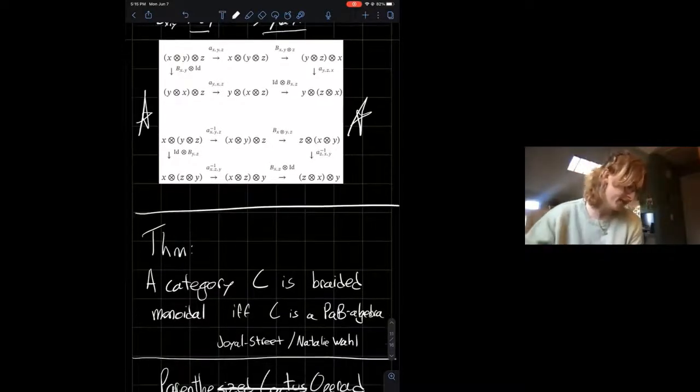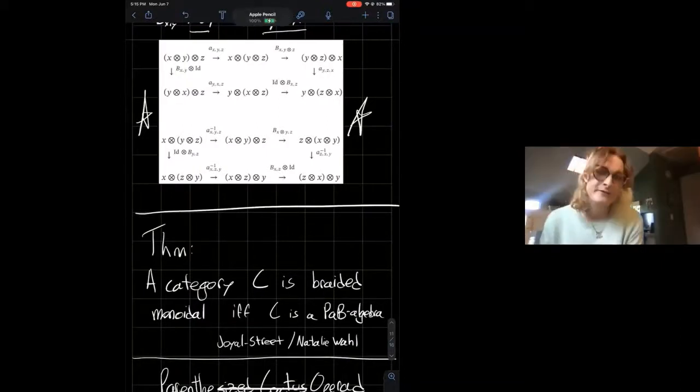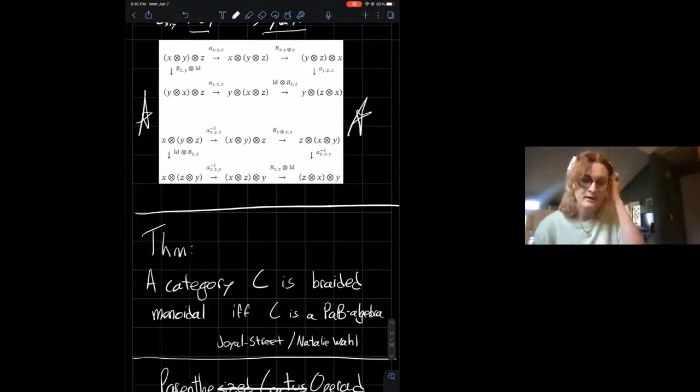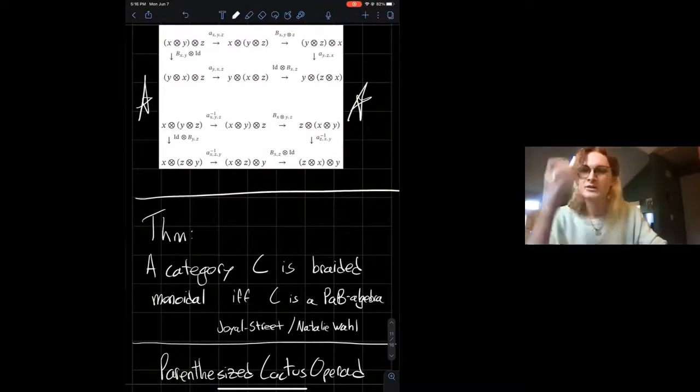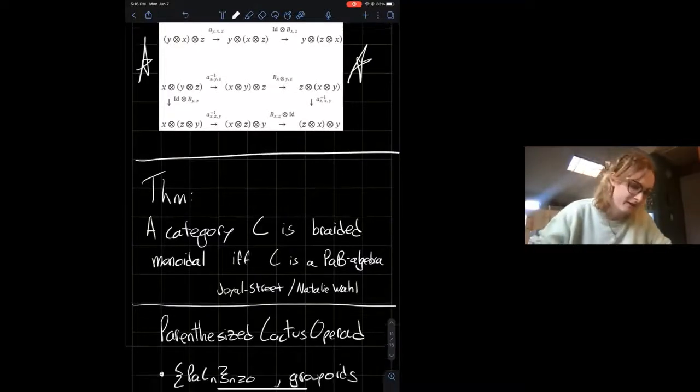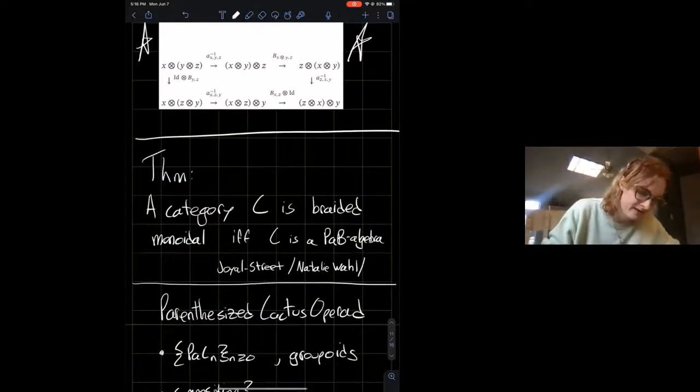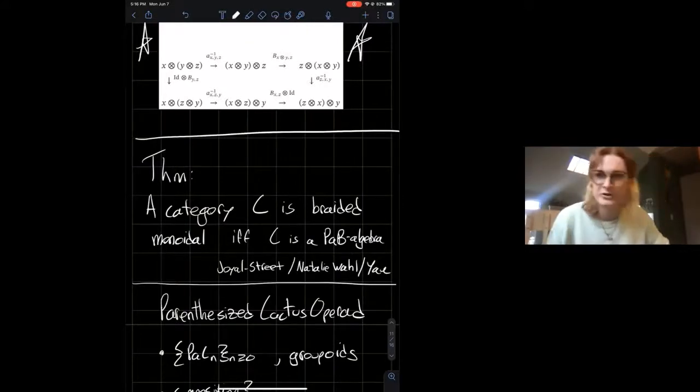So this leads to the theorem. A category C is a braided monoidal category if and only if it is an algebra over this PaB operad. And this, without the language of operads, was first shown in the original braided monoidal categories paper by Joyal and Street. There's a proof of this for strictly associative braided monoidal categories in Natalie Wahl's thesis. And then there's a treatment in full generality for weakly associative braided monoidal categories in Donald Yau's book on operads